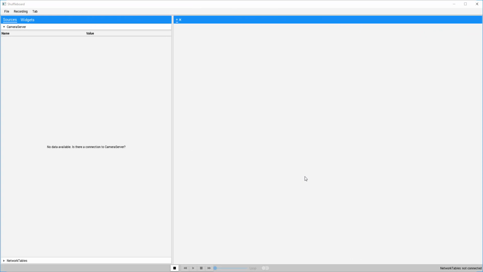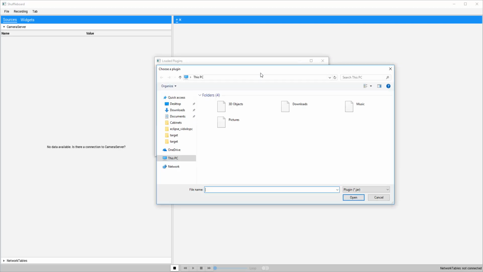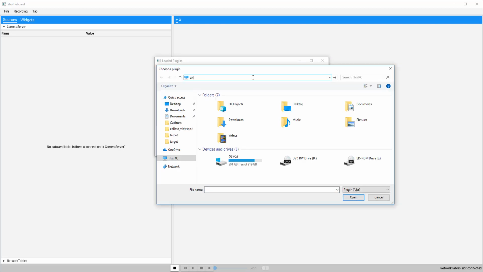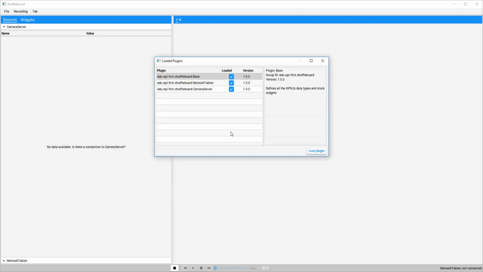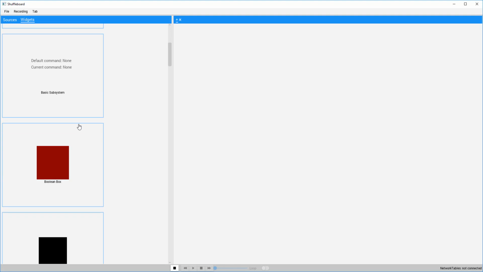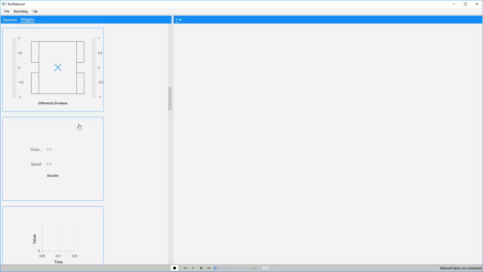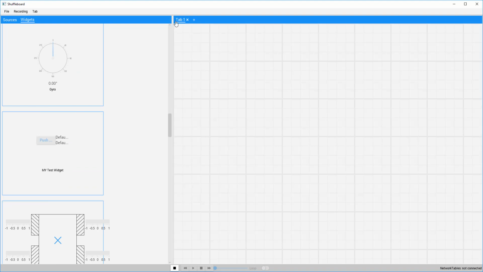So here we are in Shuffleboard. I'm going to once again load my plugin from my Eclipse workspace, and get it from my target directory. And you can see it's now loaded. And I'm going to go to widgets, and I'm going to scroll down to find my widget. And here's my test widget again. I'm going to add it